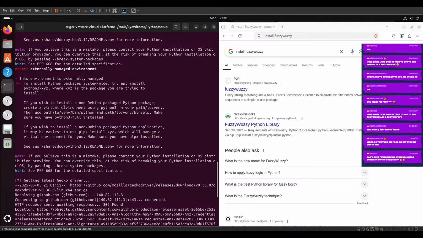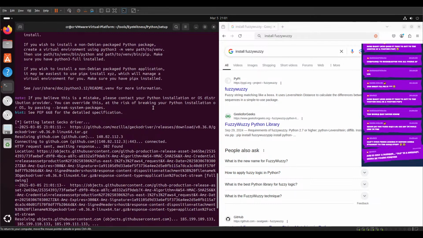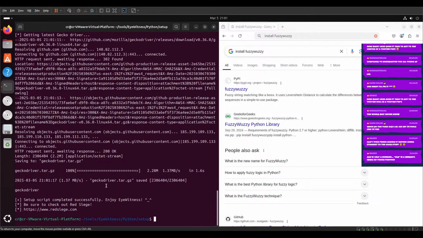Which install, creating an environment. Okay, it says it ran successfully. However,